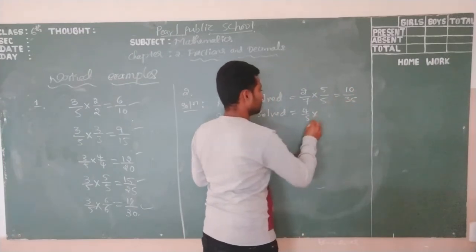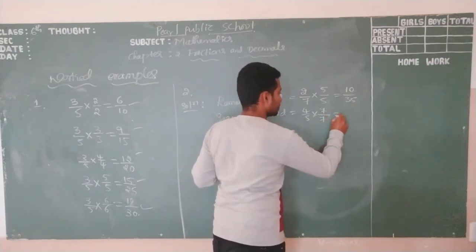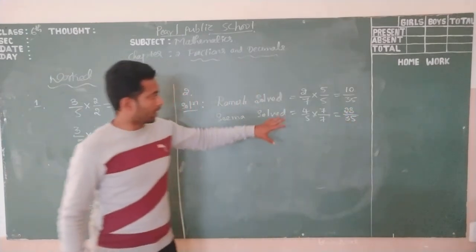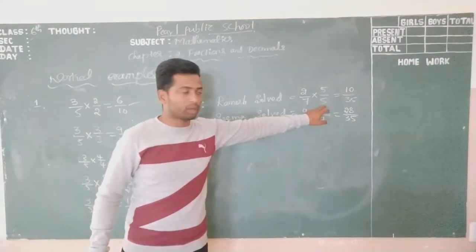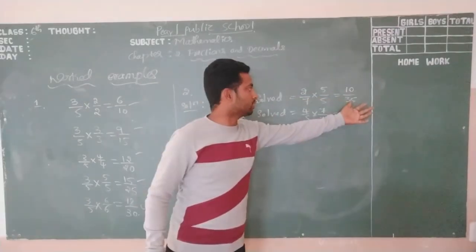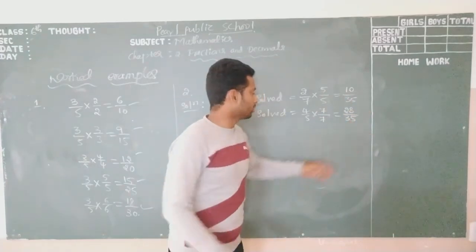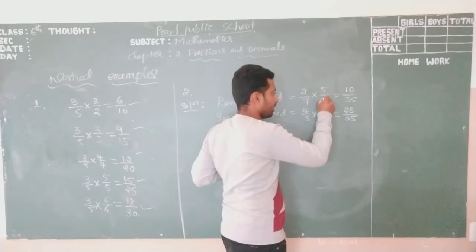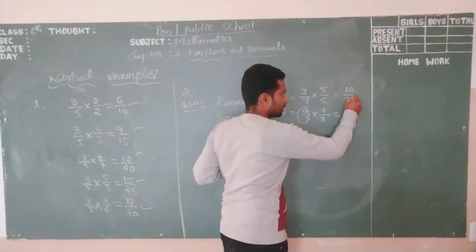Okay, so here you just multiply by 7. So 7 by 7. 7 4s are 28 by 35. So here I have written this 7 by 7, and here 5 by 5. Why? Because to make the denominator the same. To get the same denominator, you multiply this fraction by 5 and this fraction by 7. Then you are getting the same denominator, 35.